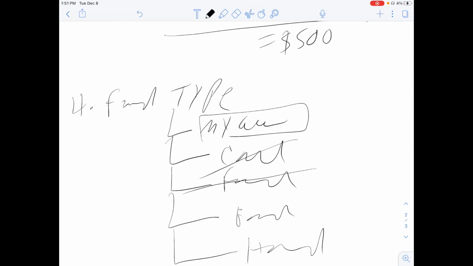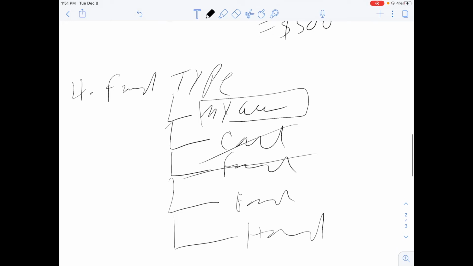And all these things will determine the worthiness of a deal, because if I have to put it on a credit card, then I have to consider the credit card fees, and is this worth it? Okay, and not only for me, if I sell it to someone else, if I'm going to sell it to Bob the investor, and I know he's going to put it on his credit card, then I have to consider that into the equation, because I don't want to be wasting my time dealing with this dude. Okay, or maybe I want to waste my time dealing with it because it'll work for him.